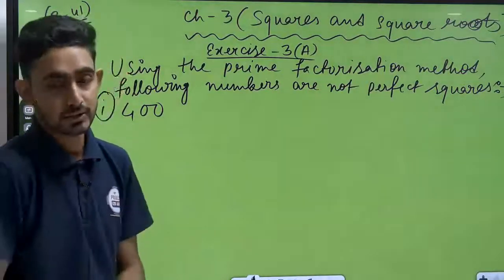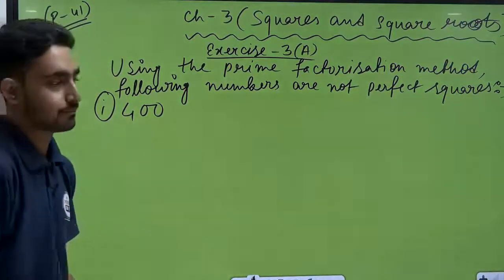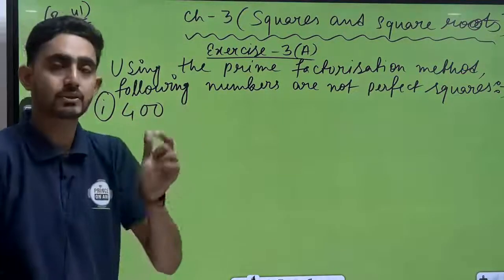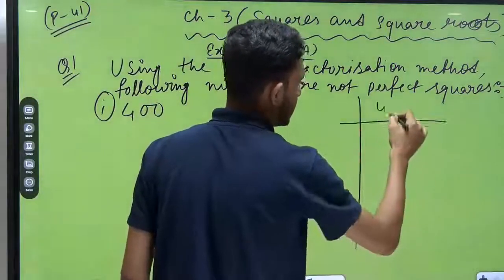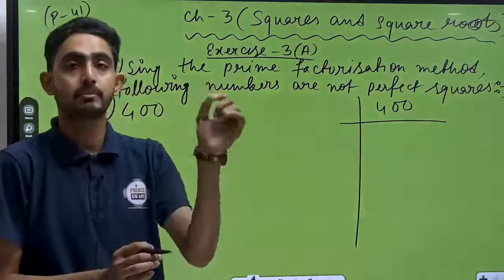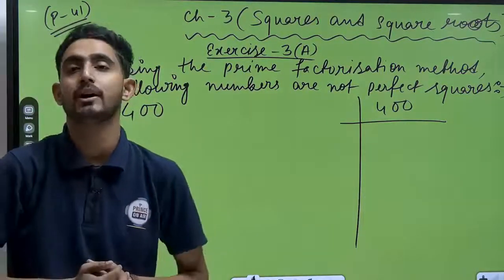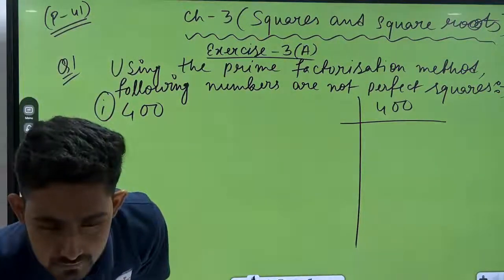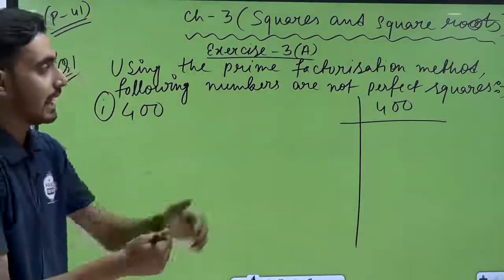Yes or no? So see here, each and every question is very important. Let's see. The first question is 400. We'll check whether 400 is a perfect square or not. So I'm writing here the prime factorization of 400. And as I told you before also, you have to remember squares from 1 to 20. Tell me students, how many of you remember 1 to 20 squares? Just raise your hand. Actually 400 is obviously 20 square, all of you know, but I will show you.